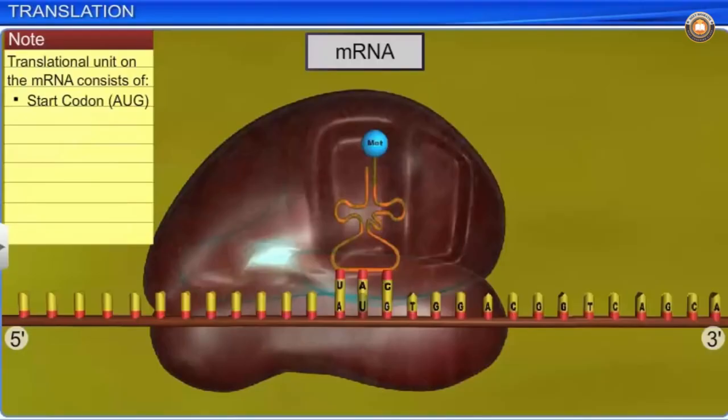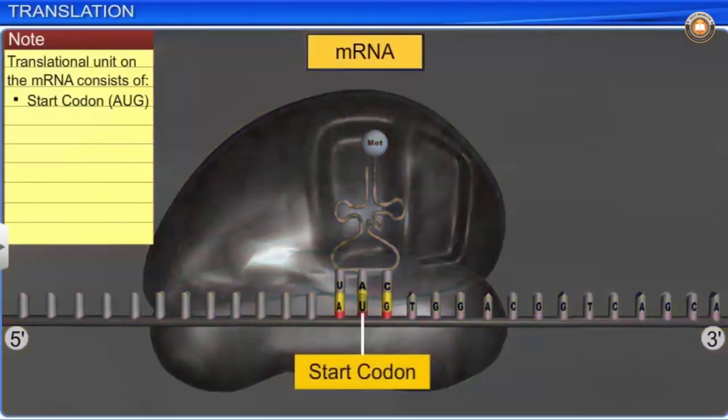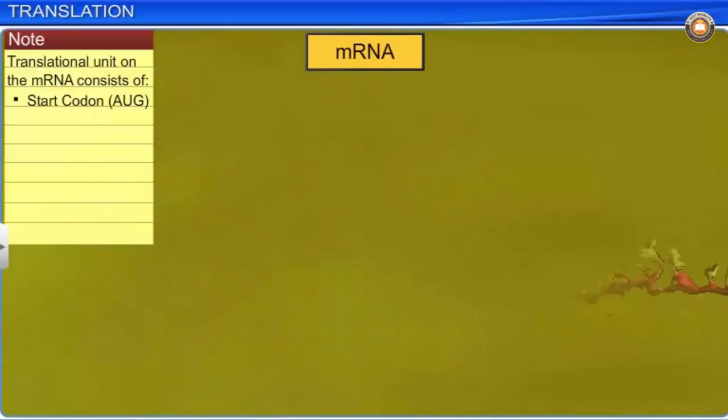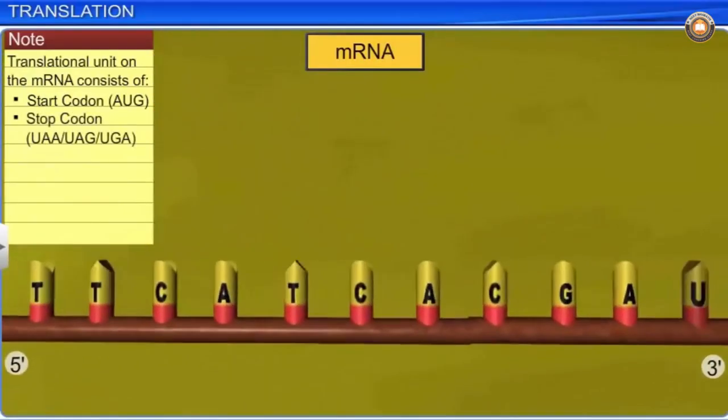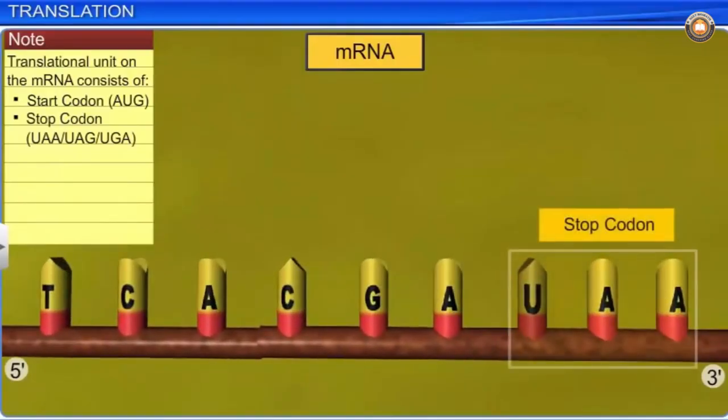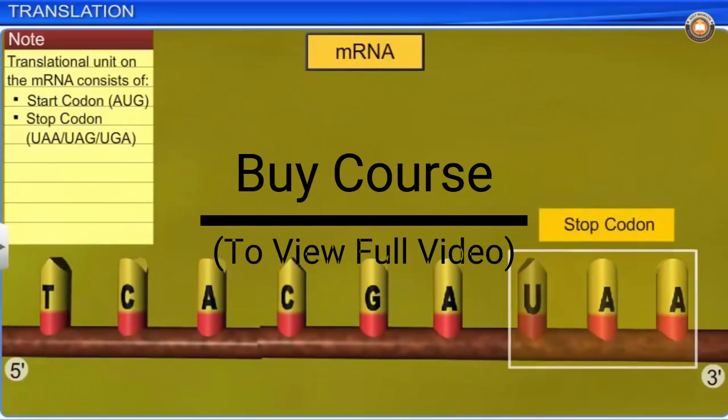Another component in translation is mRNA, which consists of the start codon AUG that codes for methionine, the stop codon, which is either UAA, UAG, or UGA,